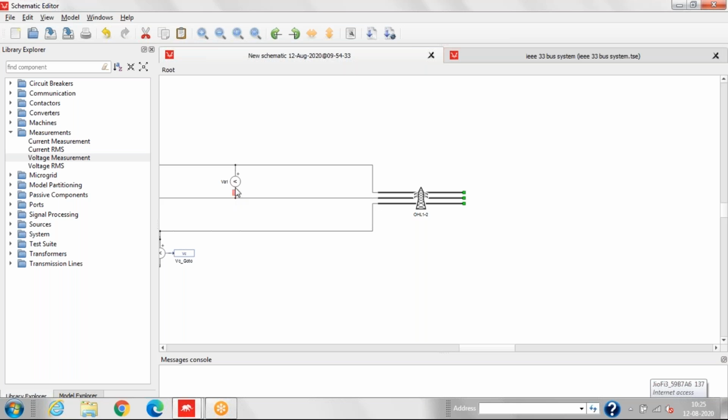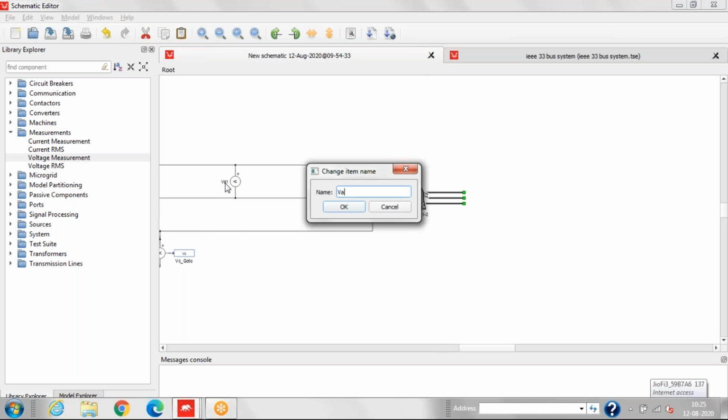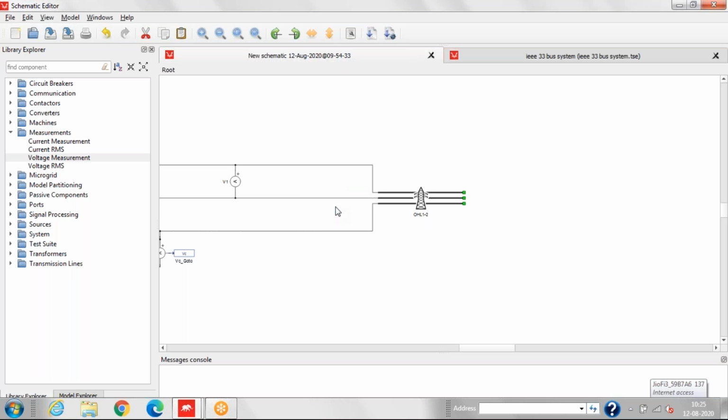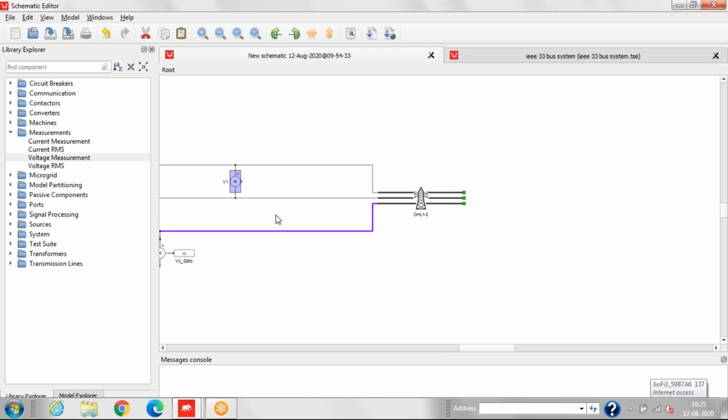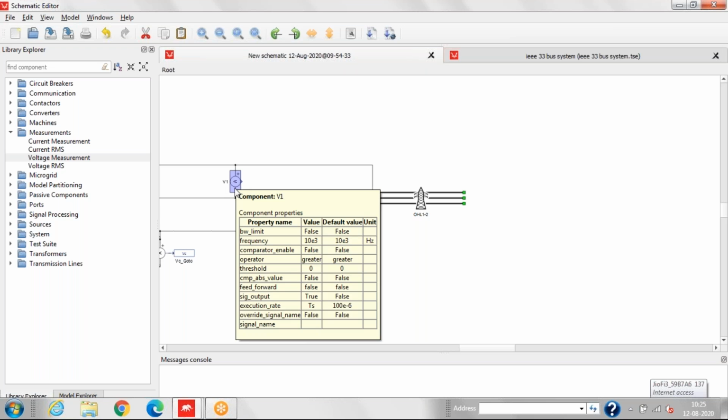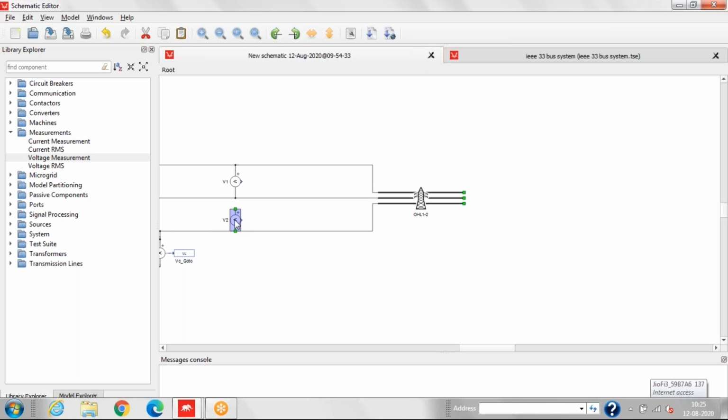Now we'll change the name. This is P1. We'll enable the signal processing part, and similarly we'll make signal output true, and we'll provide the execution rate here. Now we'll copy this and we'll paste here.